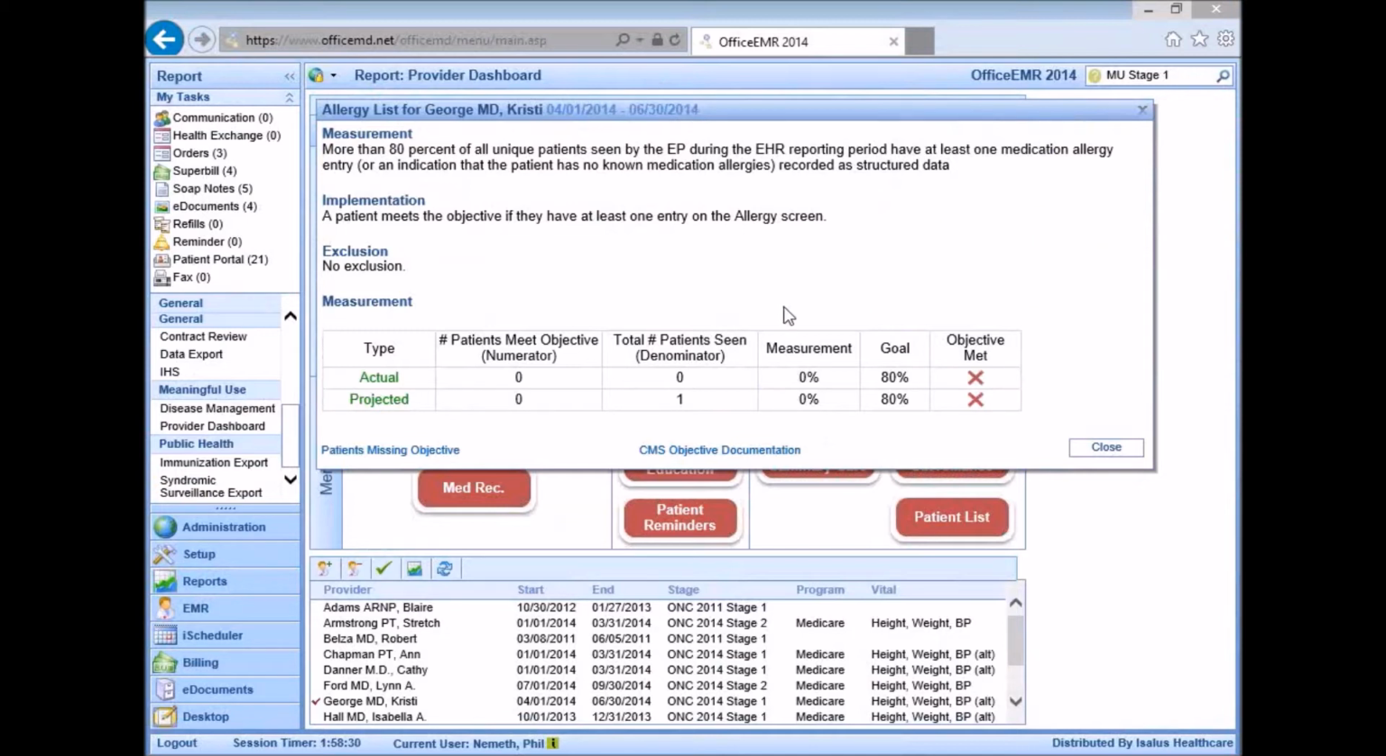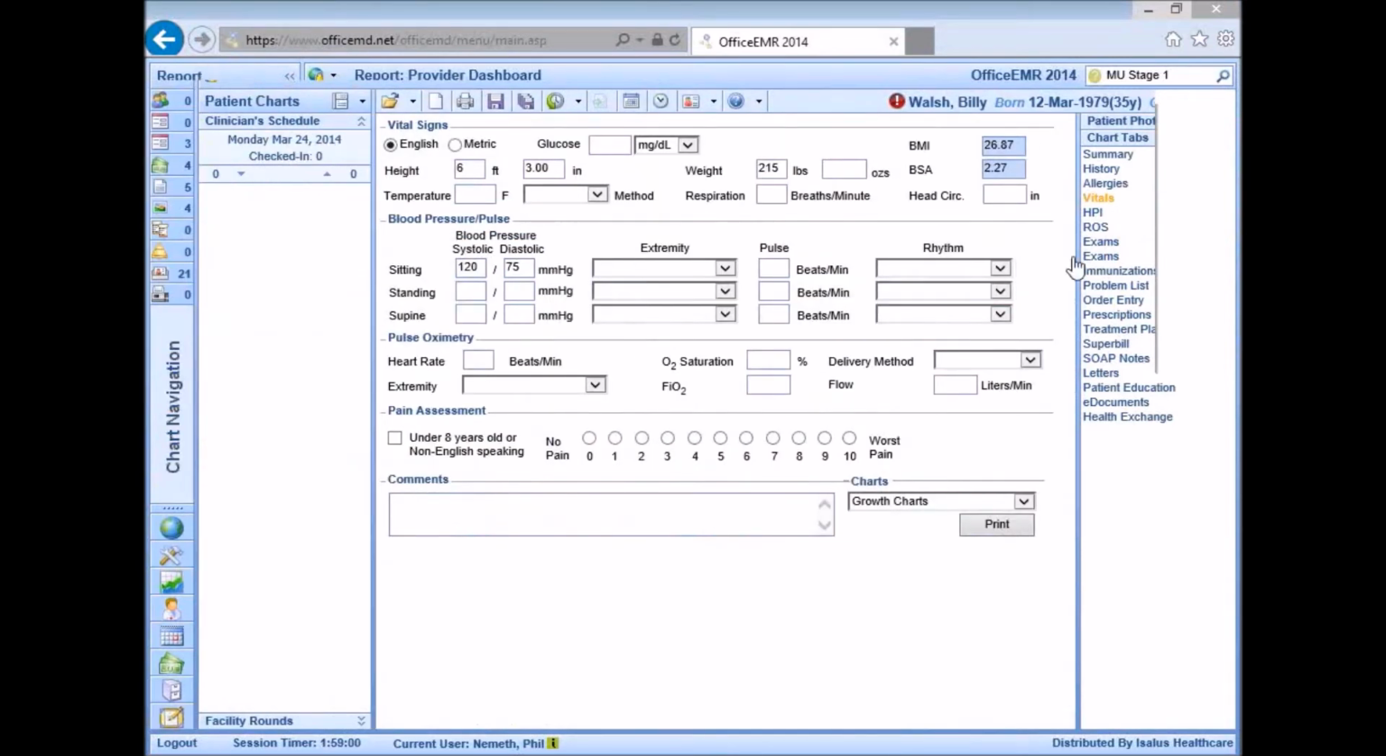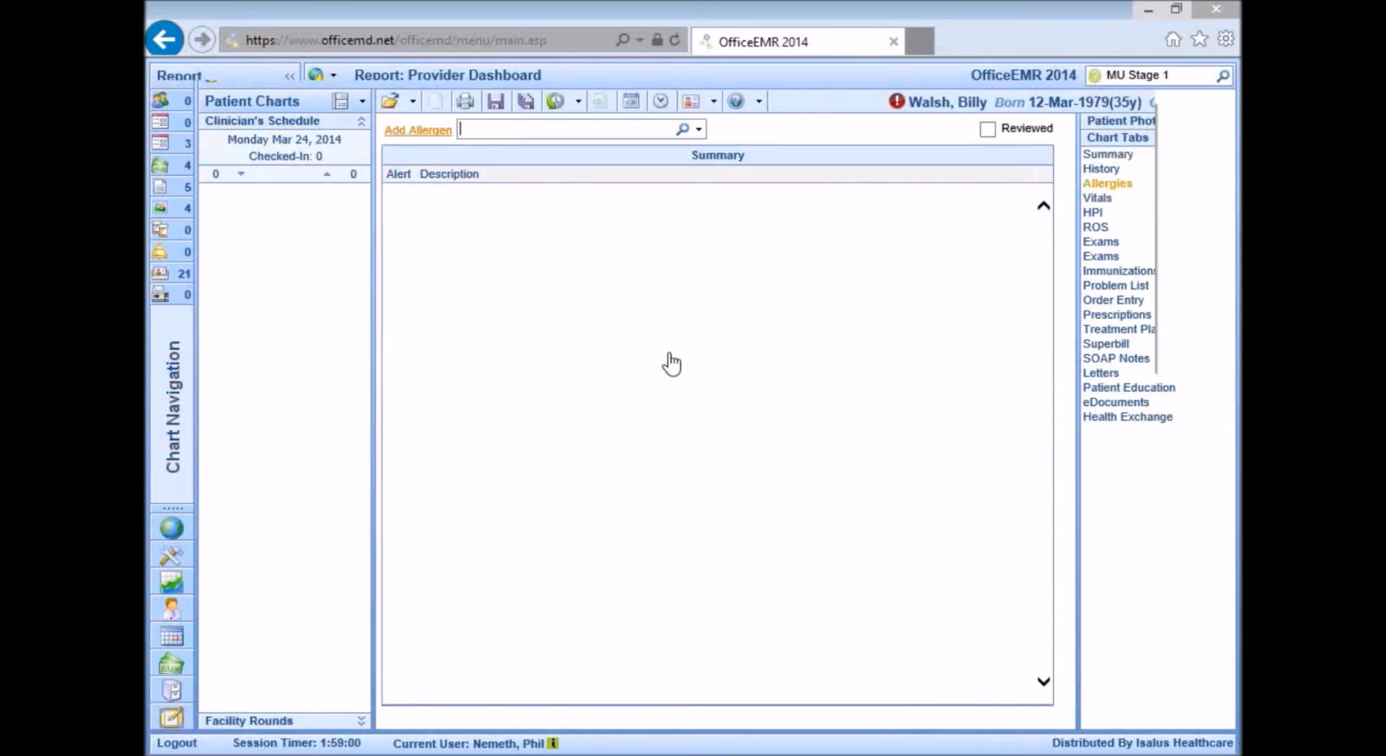Okay. So we'll go ahead and just to recap and show you real quick what you need to do, we'll jump into the EMR real quick. And basically from here, in your list of chart tabs on your right-hand side, you'll want to make sure you go to the allergies chart tab. Okay? And then from here, it works just like the problem list. You'll just want to search for the allergy that the patient may have. Okay? So if Billy Walsh here, for example, is allergic to amoxicillin,